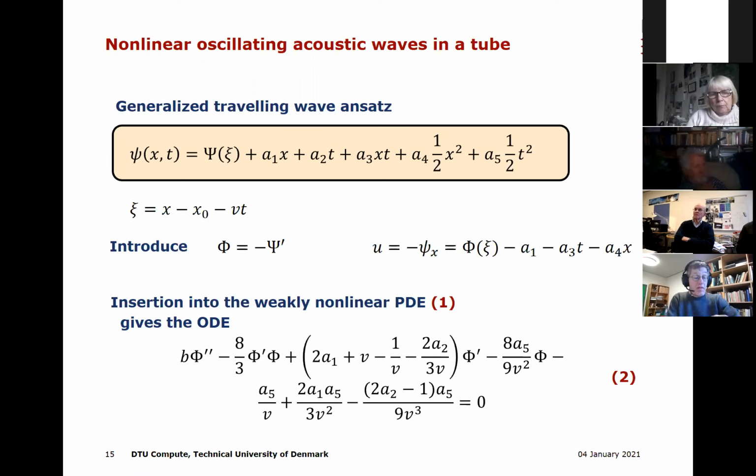acoustic wave equation, we arrive at an equation for phi, which is an ordinary differential equation of second order, nonlinear, which you see down here. And this is quite a lengthy type of equation. And actually, you can solve this equation. And Galilei did that, and he had a couple of transformation steps further, and could derive